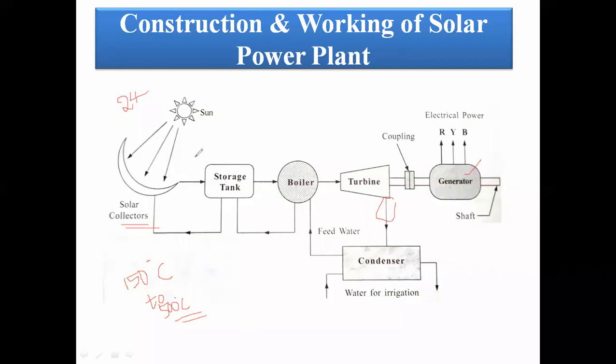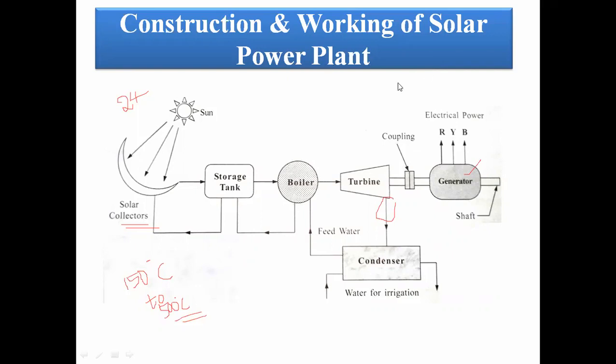For that purpose, once this solar radiation is utilized in the storage water tank, it is converted into the form of steam energy. Due to that, the efficiency is increased and instead of 4 to 6 hours, we can utilize it for 5 to 8 hours. Here the drawback is that the water mechanism is again required, so maintenance is required for that purpose.